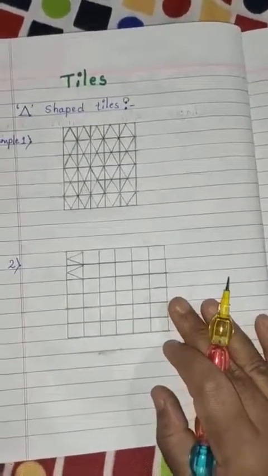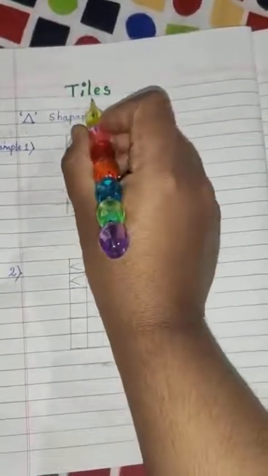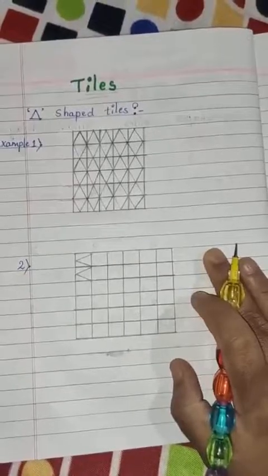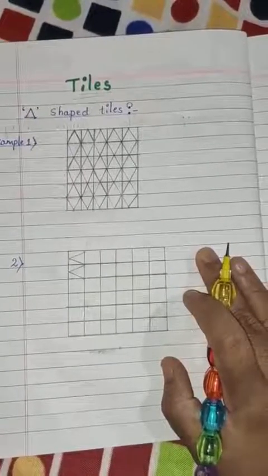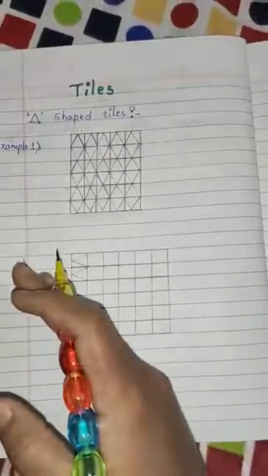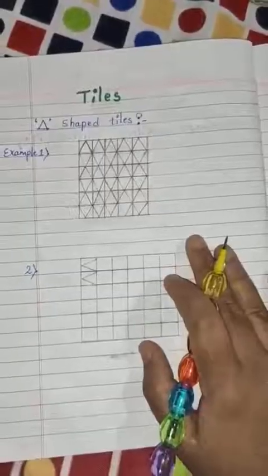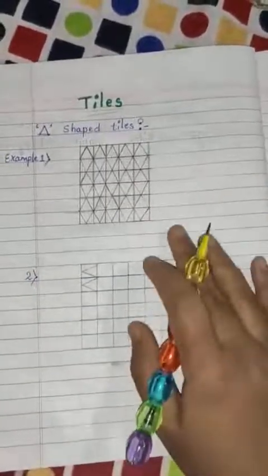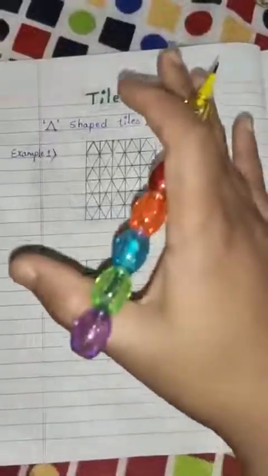Okay, so today we are going to study one more concept, that is tiles. Okay, children, you might have seen the tiles in your house, right? If you have not seen, just look onto your floor and you will find the tiles. Okay, one more thing children, have you ever observed that the tiles you have in your house are different from the tiles of your friend's house or your relative's house or your neighbor's house, right? If you go to the tile showroom, you'll find a variety of tiles based on their shape, based on their color and based on their size.